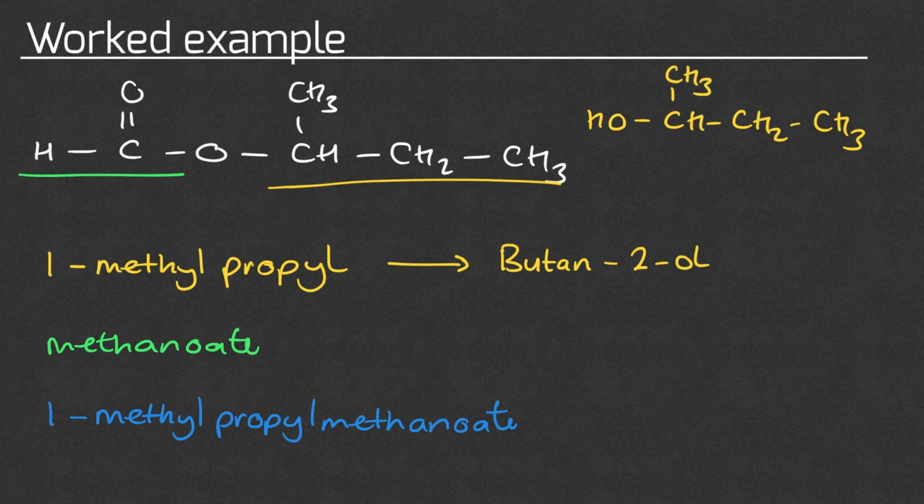If we wanted to, this could be a different kind of question you could be asked, we could look at what 2 molecules form that ester. So 1-methylpropyl would have come from butan-2-ol. Now that doesn't seem quite intuitive, but let's have a look at why. It's quite easy to figure out what 2 molecules will have made this ester. If we look at this part of the molecule attached to the oxygen, we know this part of the molecule came from the alcohol, so we can just change the O into an OH to draw the alcohol we would